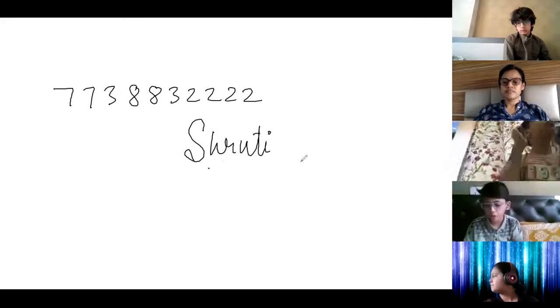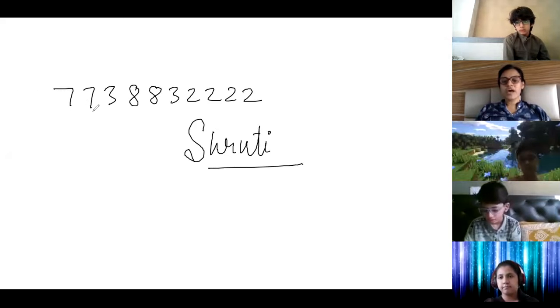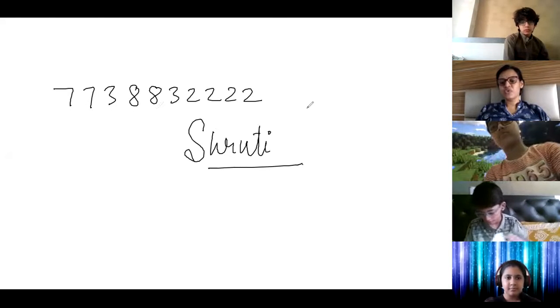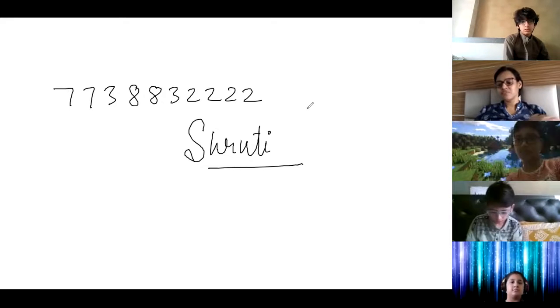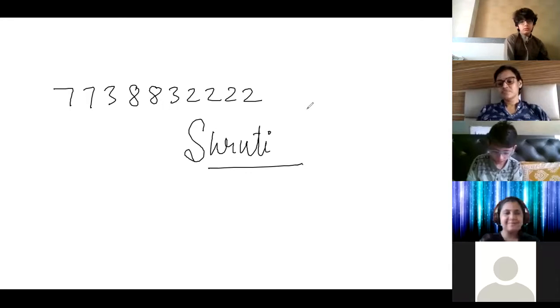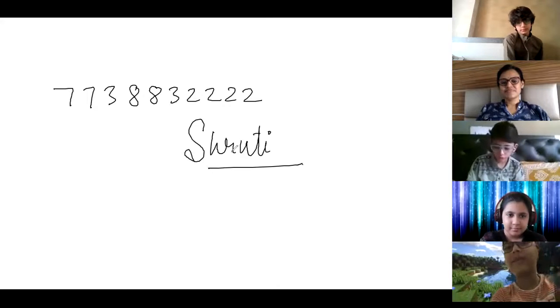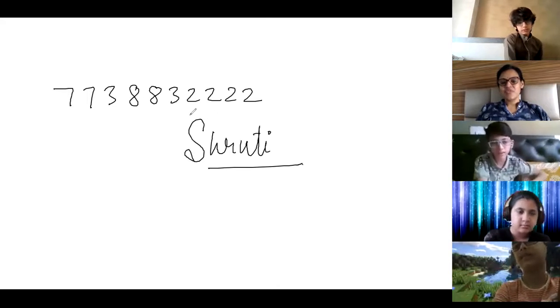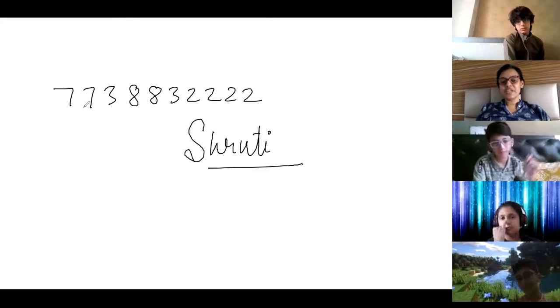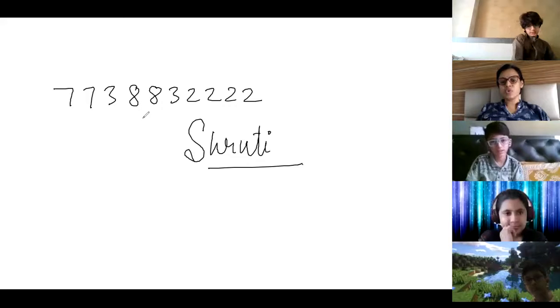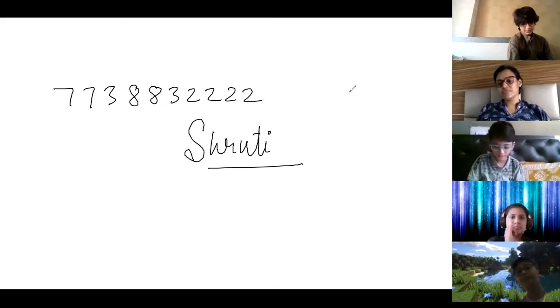Ma'am, so many twos are there. All are even numbers. See, 2 7s, 2 3s, 2 8s, and 4 2s. All even numbers are there. Ma'am, awesome number. Ma'am, you have 4 twos. But 7 is an odd number. No, but it is a number of quantities, even, 2 7s, 2 3s, 2 8s, and 2 2s.